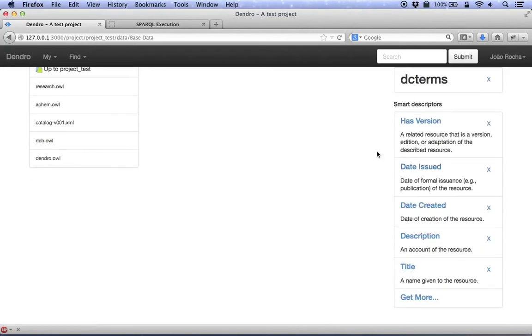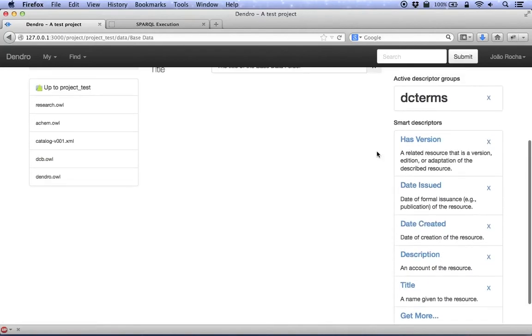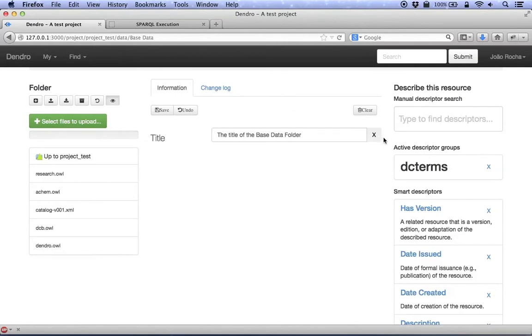As the DC terms ontology was already among the descriptors there, you do not see any change, so I will illustrate this better. We have this autocomplete box that allows users to fetch additional descriptors from other ontologies, modeled after each domain. Using this autocomplete box, we can specify, for example,